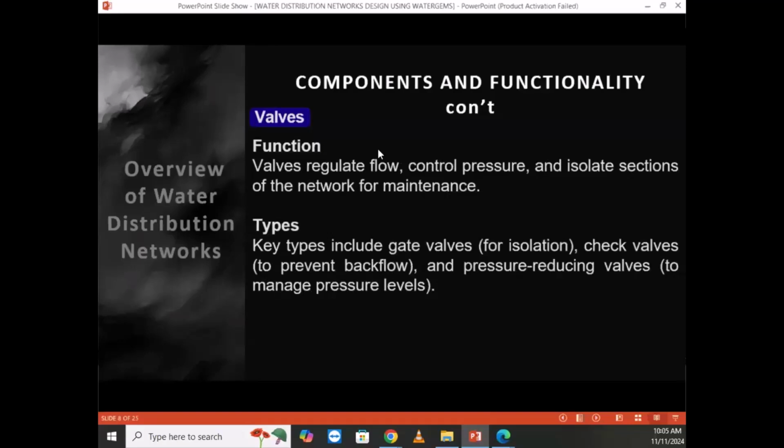There are also valves. Most of the time we have many types of valves, but most of them are controlling pressure, they are controlling the flow. In WaterGEMS, most of the time we deal with the flow control valve, because it's the one that is going to help you control the flow that you are directing somewhere. So you know, when you are designing,